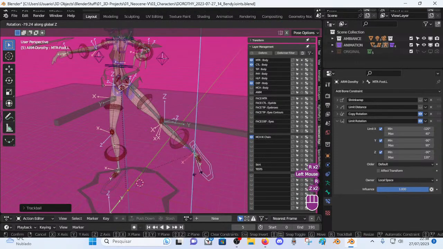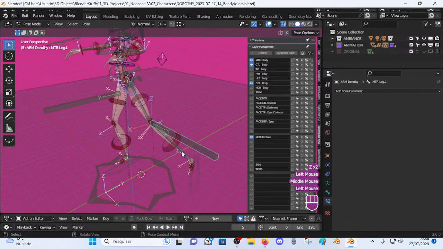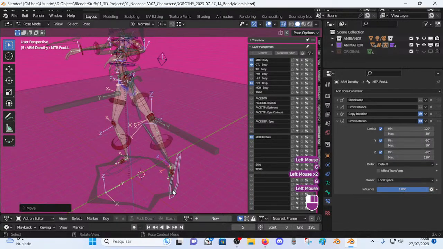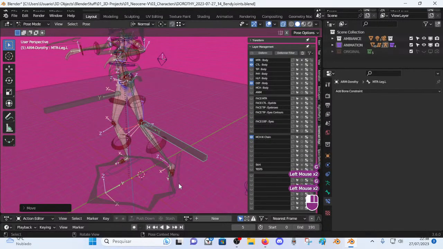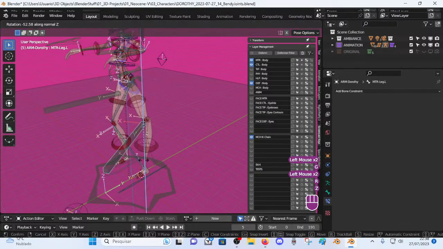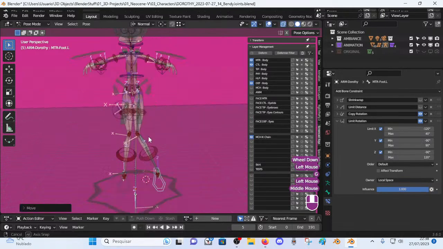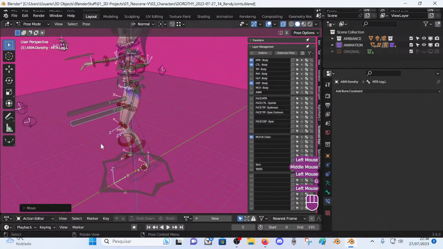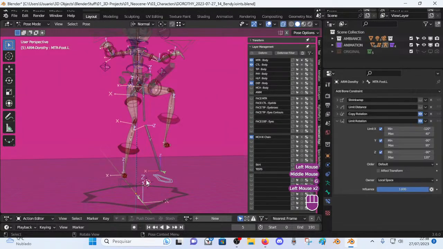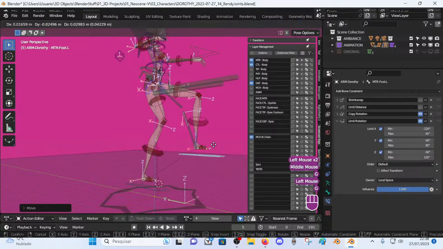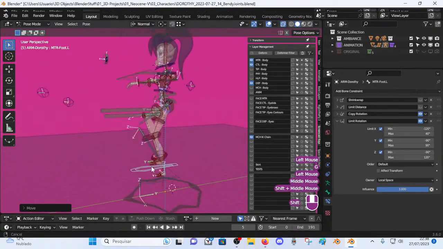Yeah, it doesn't match perfectly. I could make this matching in a different way, of course. This gave me another idea, so maybe this IK matching is really not that important,